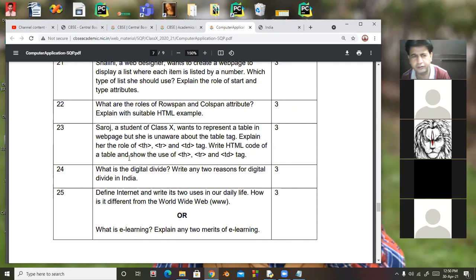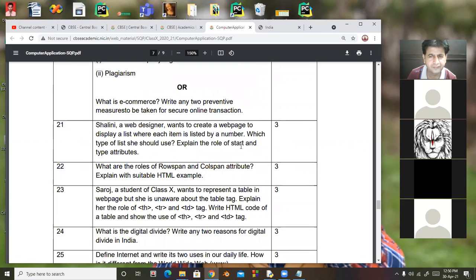So question number 23. Here is question number 20. Question number 21, and Bhavna will give the answer.